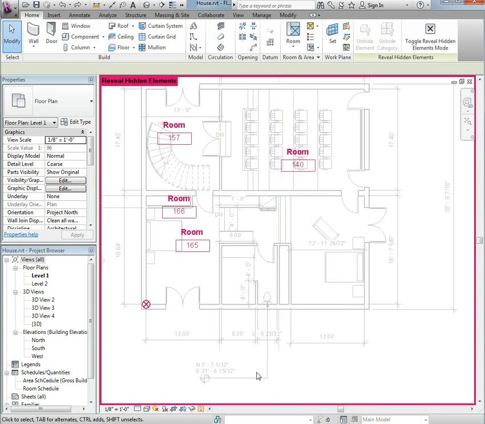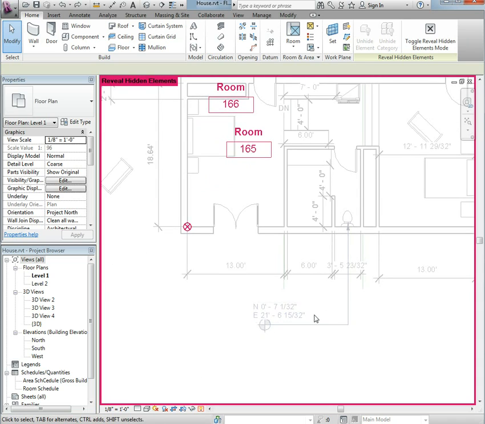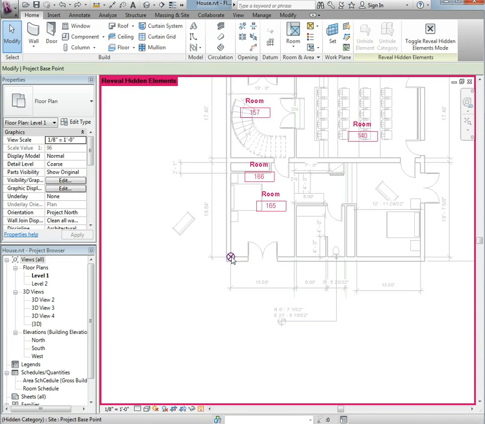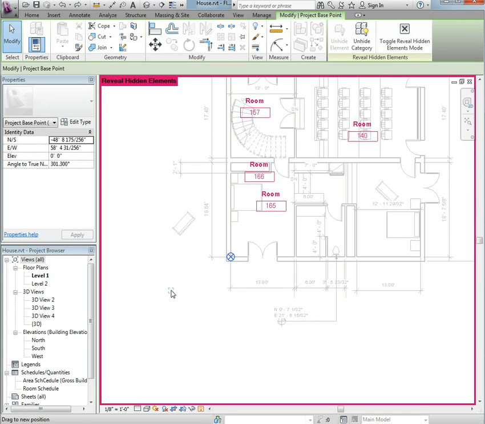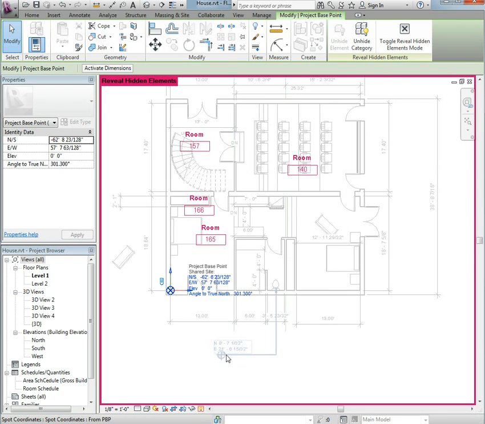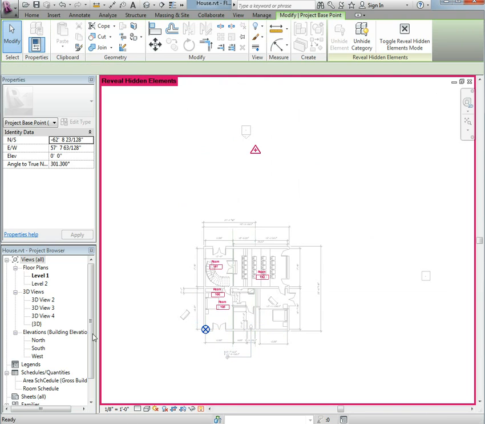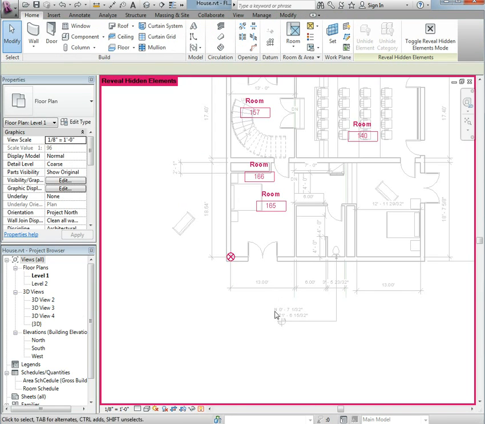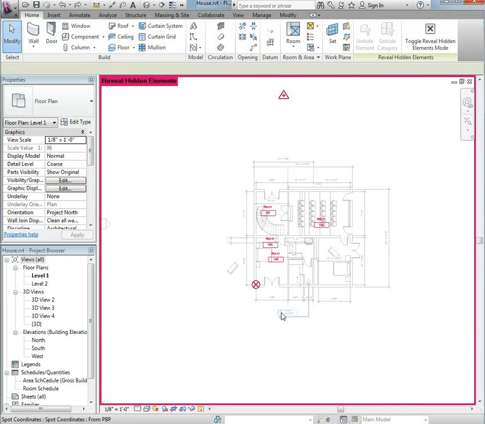Let me zoom in here. So that says 7 inches by 21 feet, and I move this. They don't change. It's still 7 inches by 21 feet. So the builder still has the correct coordinates relative to this point. You're just moving this entire building relative to the survey points around it. And you're not just moving it relative to this survey point, you're moving it relative to all of the survey